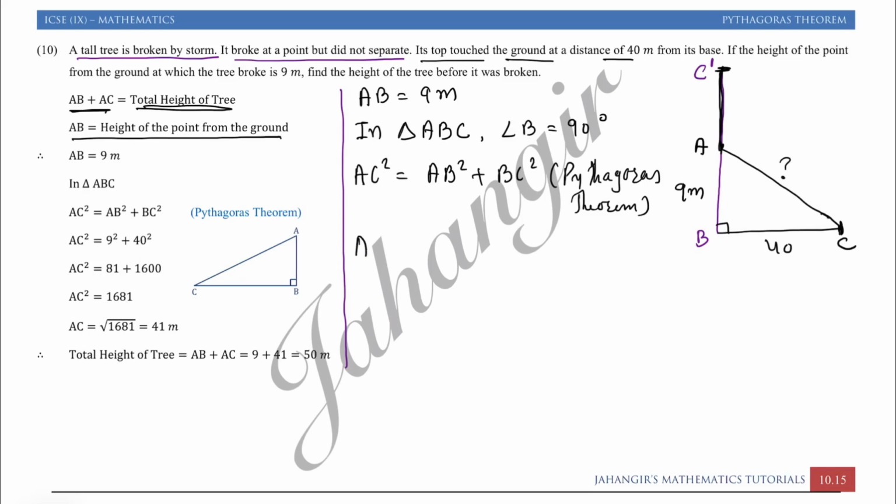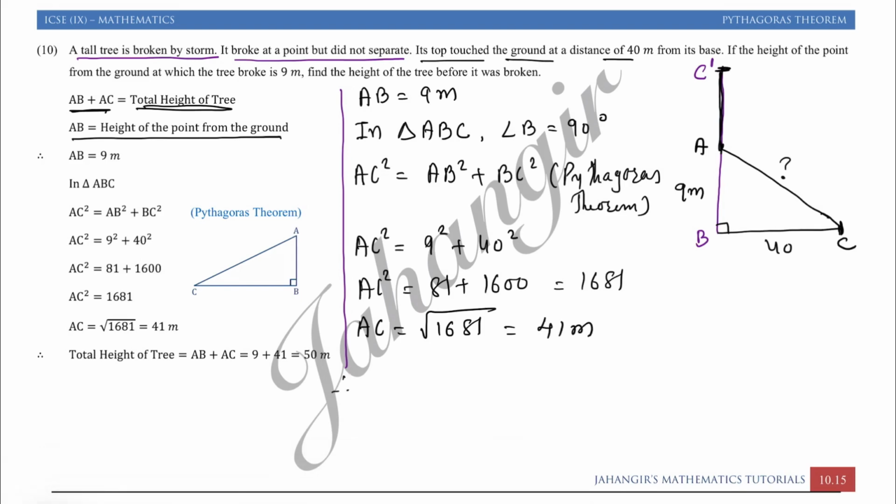AC square, AC I have to find. AB is 9 square plus 40 square. So AC square is equal to 81 plus 1600, that is equal to 1681. AC is equal to the square root of 1681, that is equal to 41